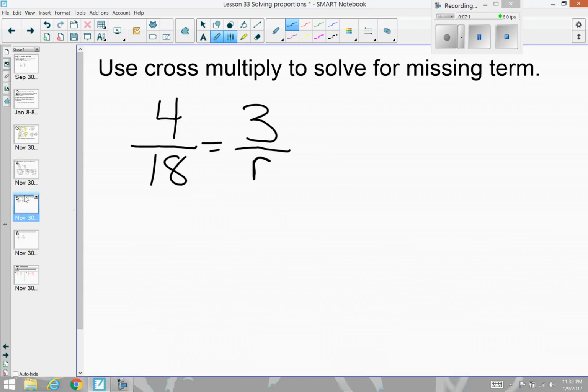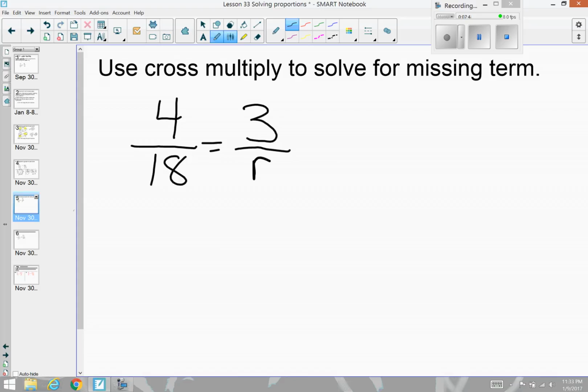Here we have 4 over 18 is equal to 3 over r. We're going to start with looking at the smaller denominator. Actually, I apologize. We're actually going to be looking at the smaller numerator because it's on top, 3. And can 3 easily become 4? Nope, it cannot easily become 4. So therefore, I'm going to go ahead and skip the first way of solving it, and I'm going to go